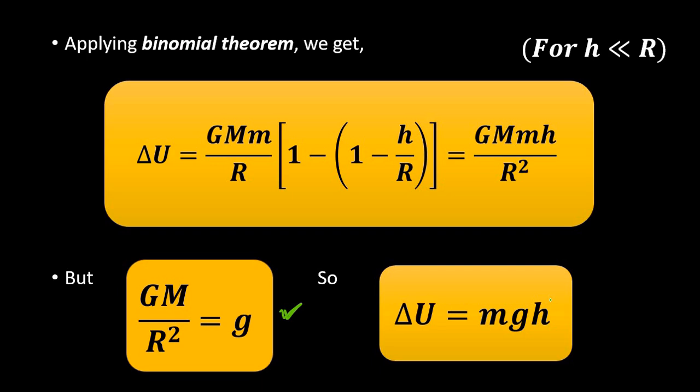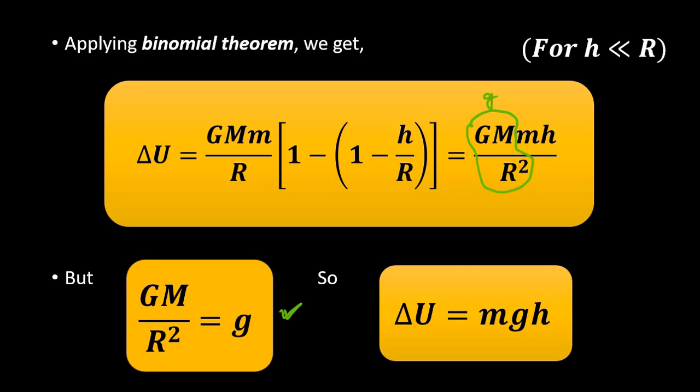So this much portion is equal to g, and we have GMmh by R square as mgh. The change in potential energy is equal to mgh, small m, small g, h,